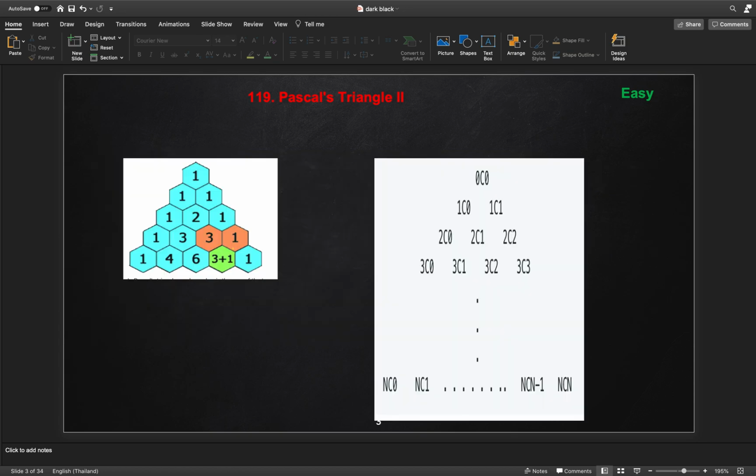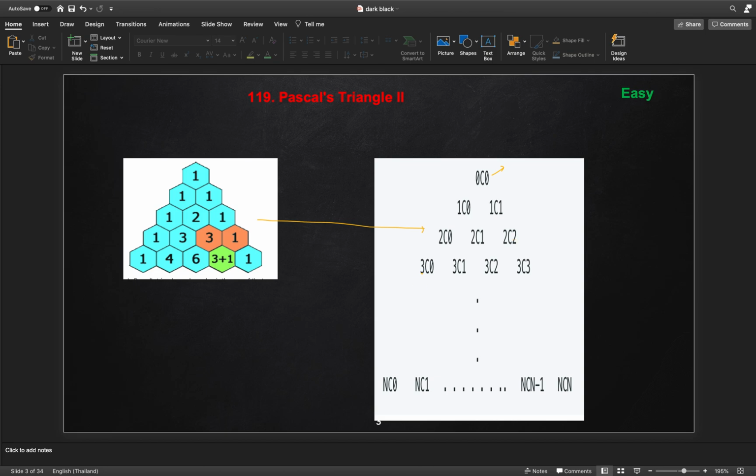So let's see. This Pascal triangle can also be created from combinatorics. I have written a structure similar to this. The first element, this 1, can be written as 0C0, and in the next row this one can be written as 1C0, which is also 1, and 1C1 is also 1. Then the second row can be written as 2C0, which is 1, then 2C1, which is 2, and 2C2, which is 1.